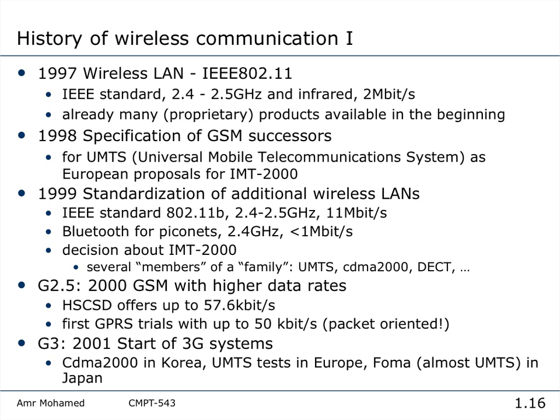But in 802.11, they started with a carrier frequency of 2.4. And the attraction, or the reason for this, is that this is what we call an ISM band. ISM band is a free licensed band.